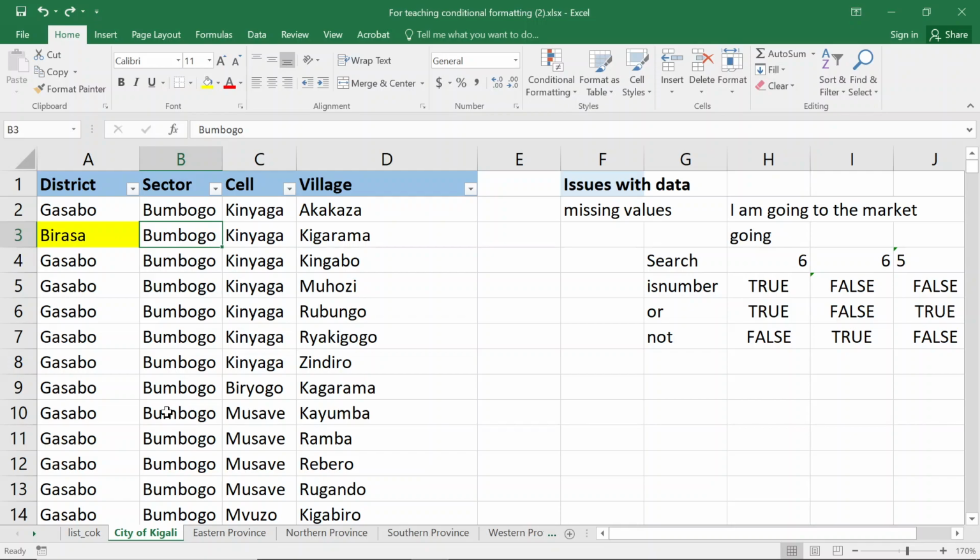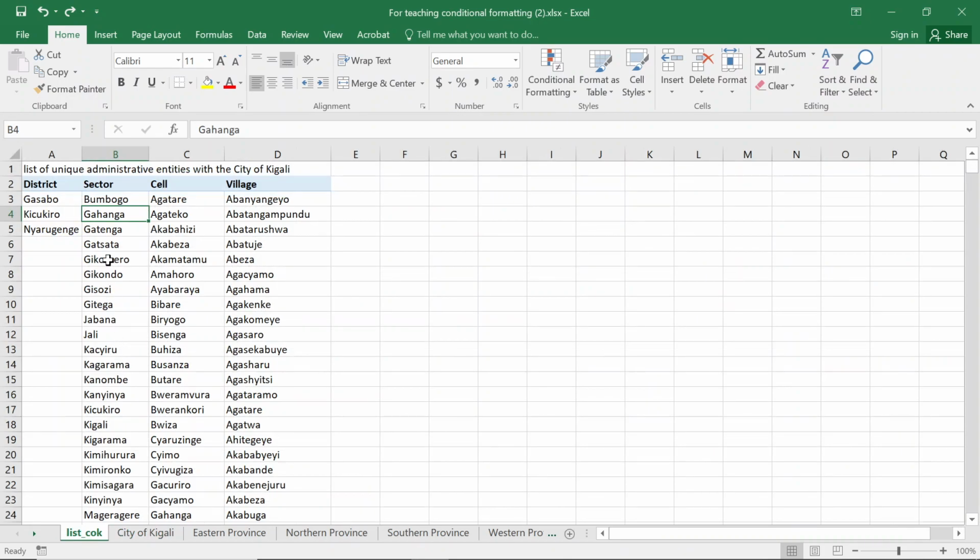Conditional formatting is easy whenever you are dealing with data cleaning or data processing. It can help you to identify all the issues within your data automatically and in an advanced way. And it is of course automated, because what you update here will be updated in your functions. If I update my list here, if I add Birasa here,